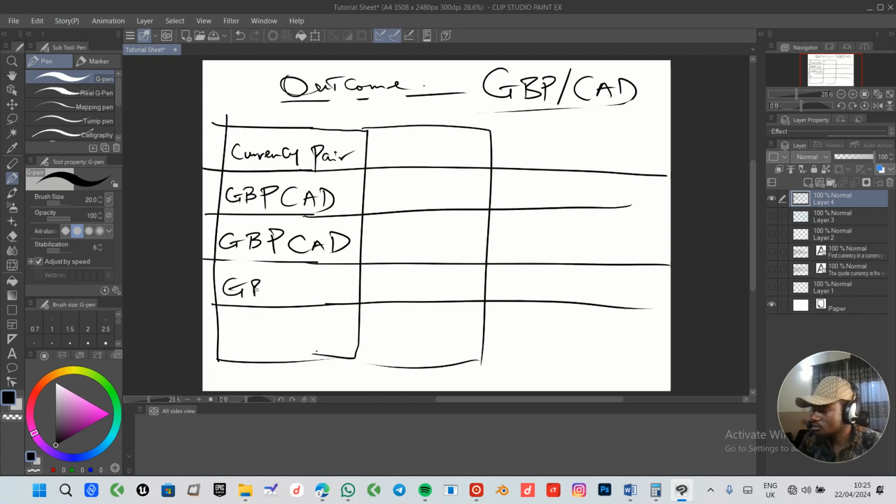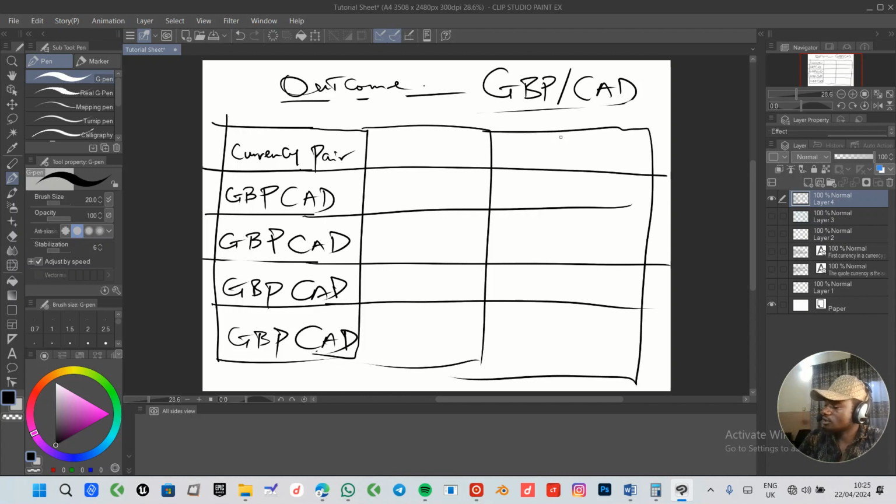Okay, GBP CAD. Then you also have GBP CAD. So now this is the currency pair you are trading, right? And you have four possible what? Chances. Okay, so here is the what? Right,